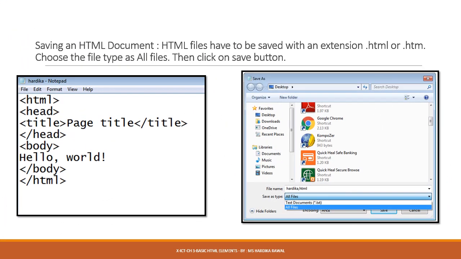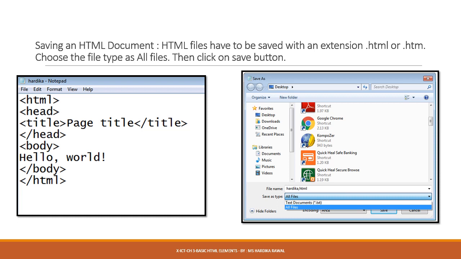Let us learn how to save an HTML document. After writing the program in the Notepad, go to the Save option in the File menu. We have to give an extension to the HTML documents. The extension for the HTML document is going to be .html or .htm. You compulsorily have to add this extension to the name of your file to save it as an HTML document. Otherwise, it will be only saved as a text file and will not be viewed in the browser.